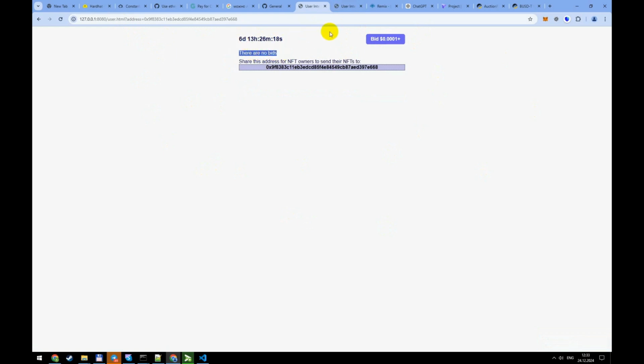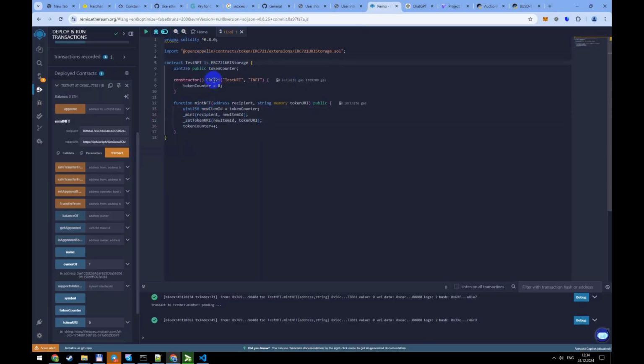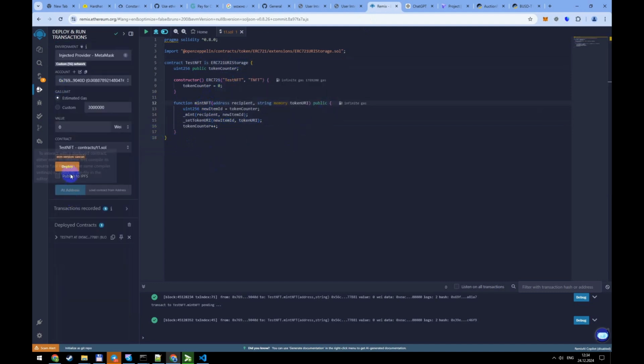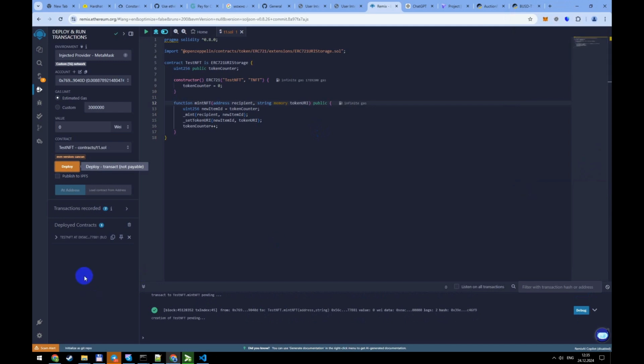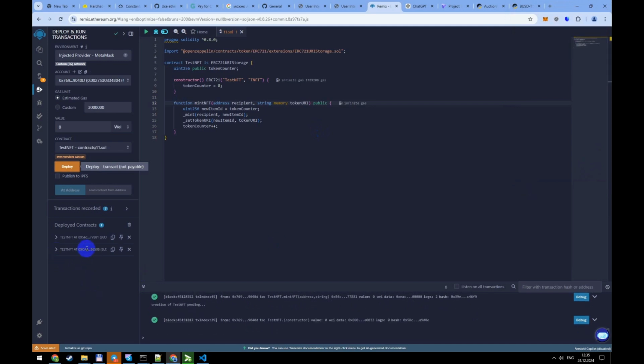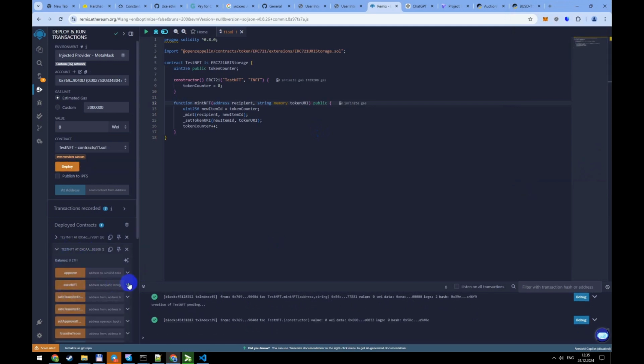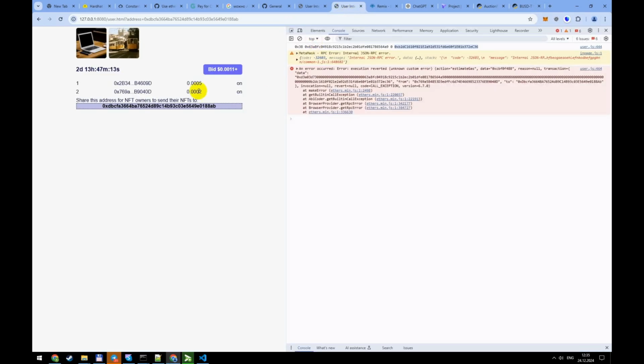So the next thing is you want to share this address of this auction with others, so they will transfer the NFT there. So here we're creating a test NFT. We're basically going to mint a test NFT. Now, normally you would have NFTs that already exist. People just want to sell them, like artworks. And so, this is just for the demo, for the example. As you can see here, it's been minted, and this is an example of what it would look like, but here is an actual